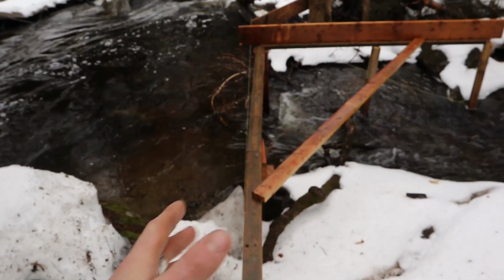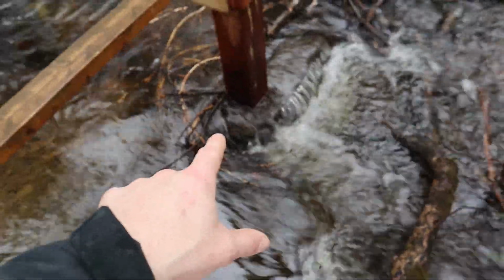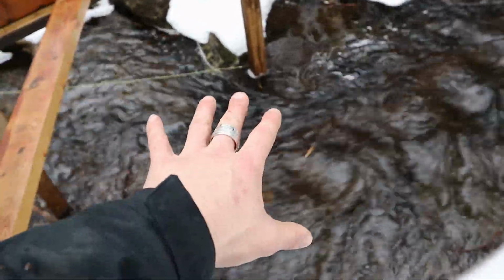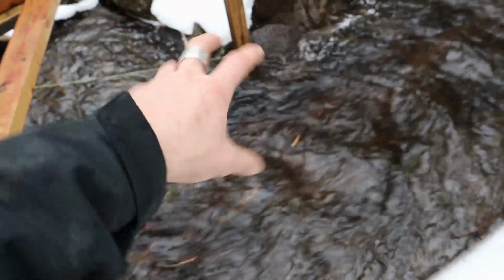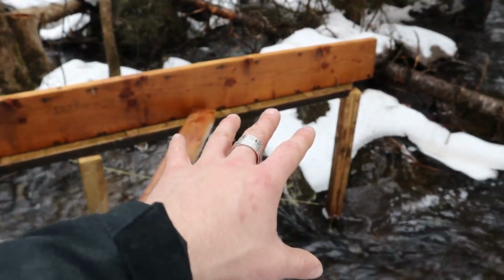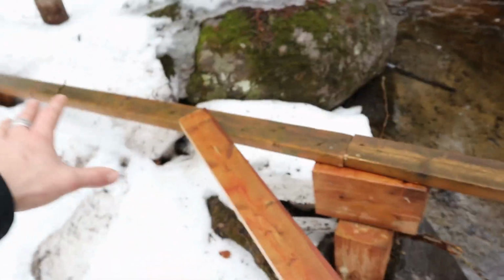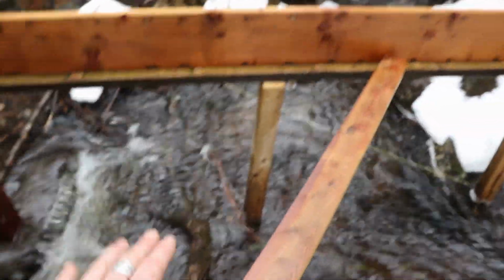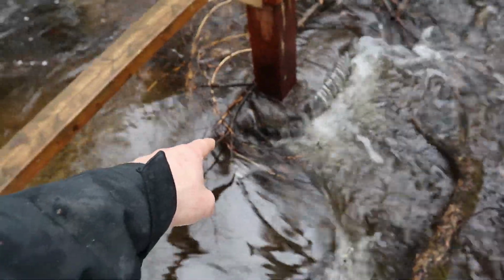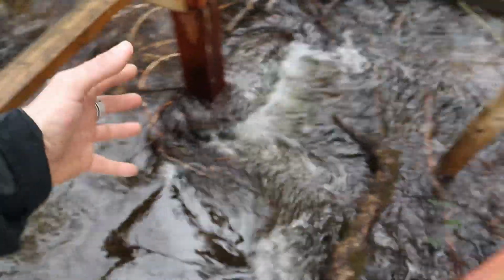Here's the thing, my posts were going to be sitting in the water. I knew that was going to happen. I knew exactly that these are going to be sitting in the water, and all that's holding that is it wedged between some rocks, and then it's held structurally together just because everything is set and square together, so it won't shake or anything. But if there's too much buildup with all this debris, it could eventually knock it down